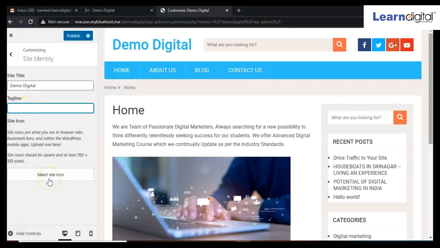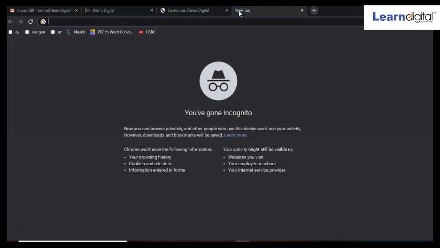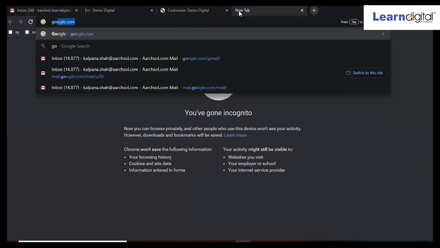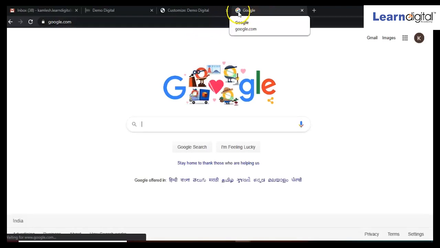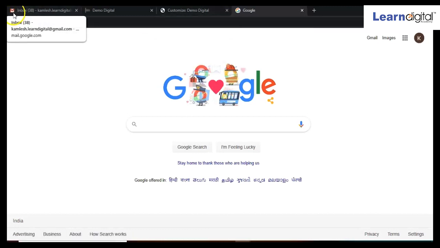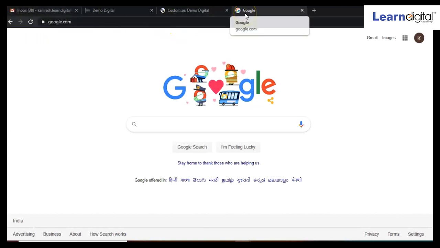And here you can select site icon. The icon is also called favicon, and favicon is what appears here at the top. Like if I open Google, see here under the tab, we can see the image of Google, right? By seeing that logo or image, we can understand which website is open.